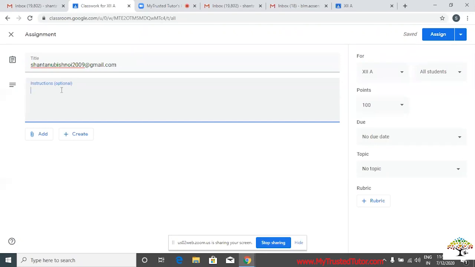But let me tell you this: these tests are not very reliable, because they give students access to view other websites at the same time. So it's better to have a test through a live Google Meet, where you can ask them, or you can ask them to do it on paper and send the photographs immediately. That's what we are doing at our schools now.